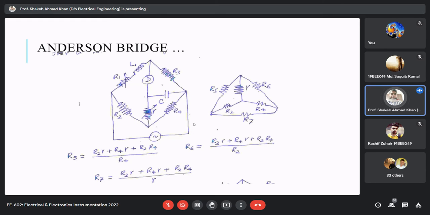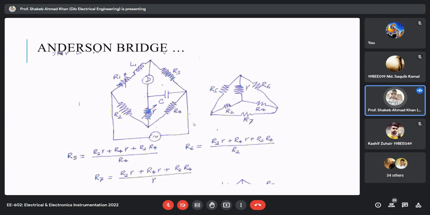Here, I'll summarize. We discussed Maxwell's inductance capacitance comparison bridge, Maxwell's capacitance comparison bridge, then Hay's bridge, then Owen's bridge, and then Anderson bridge. These bridges are used for measurement of inductance. Maxwell's bridge is used for medium resistance, medium Q coil measurement, and Hay's bridge is suitable for high Q coil, and Anderson bridge is suitable for